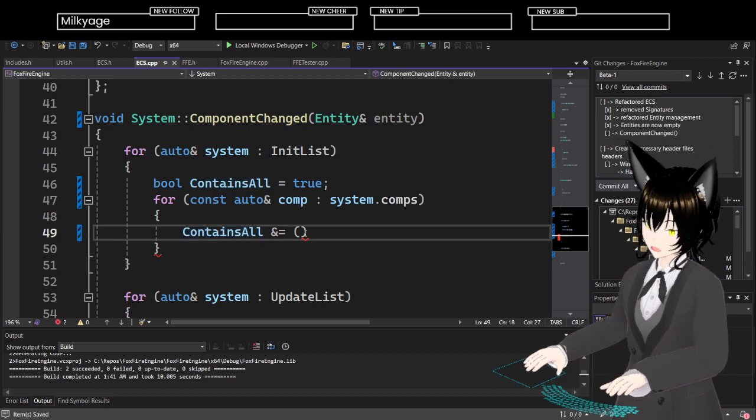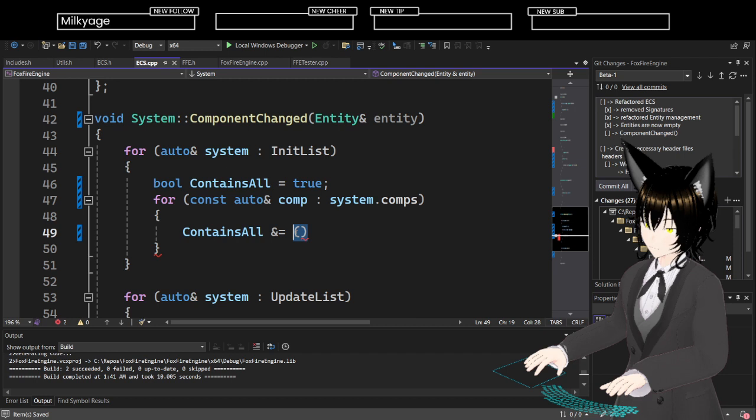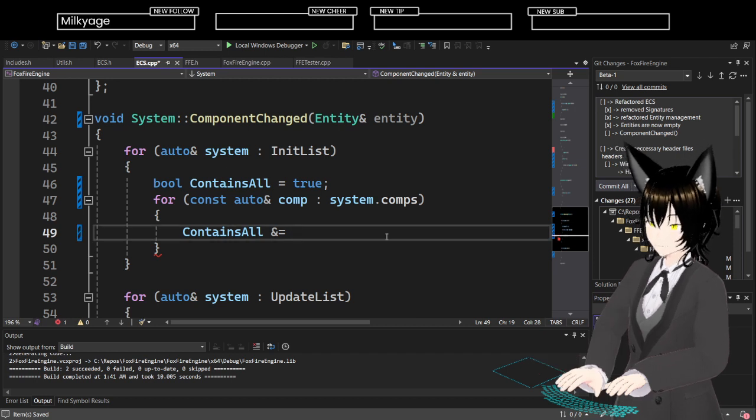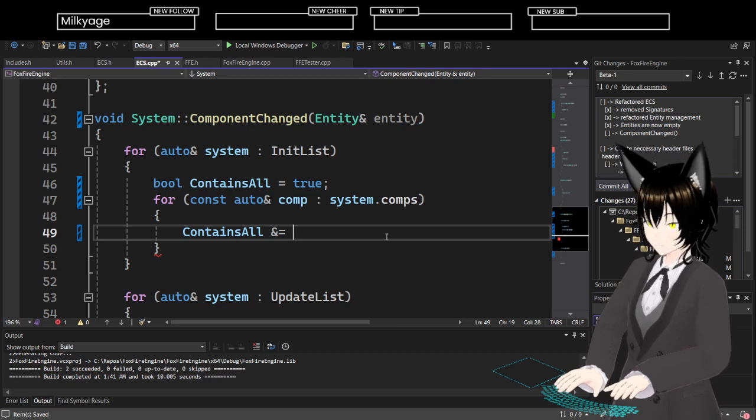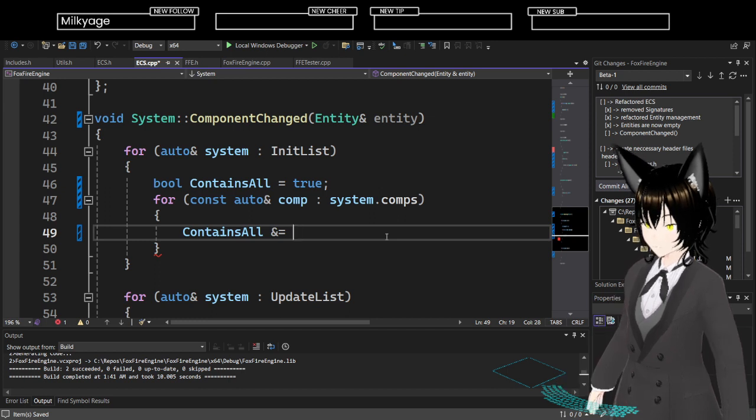And equals. I need to be able to find out if that entity is in